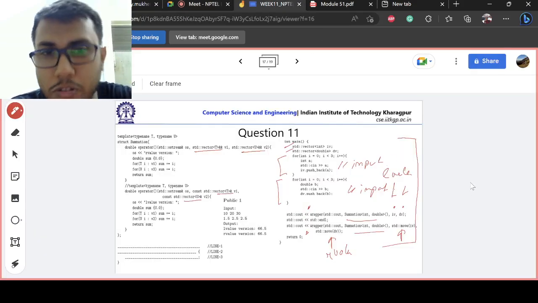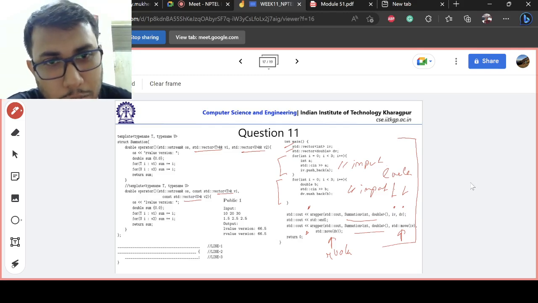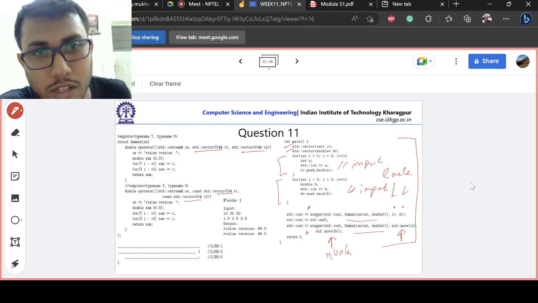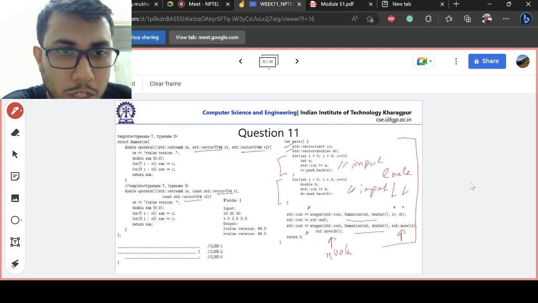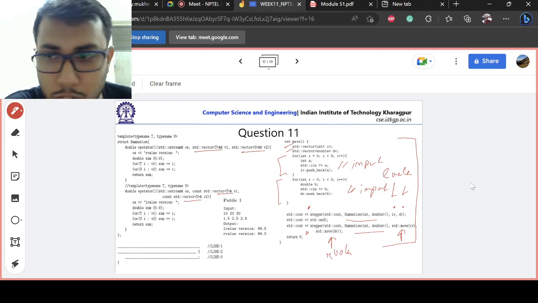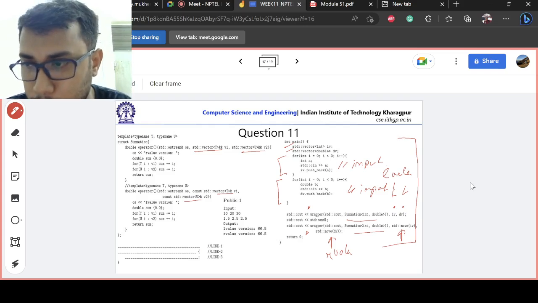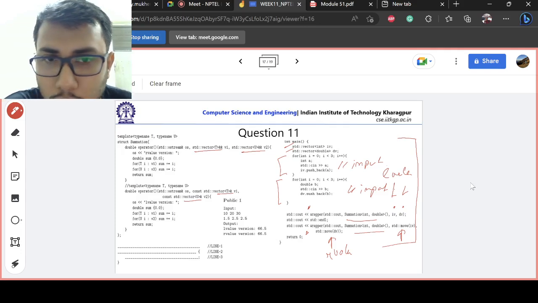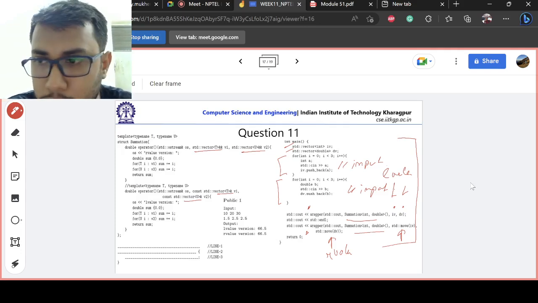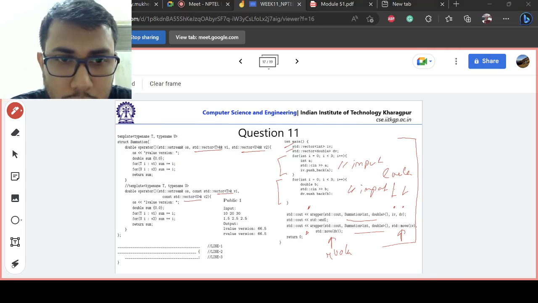Okay, so this problem basically wants to show us the impact when we use an L value, as well as when we use an R value. Now we need to write that. So first we need to write a template. So to write the template,